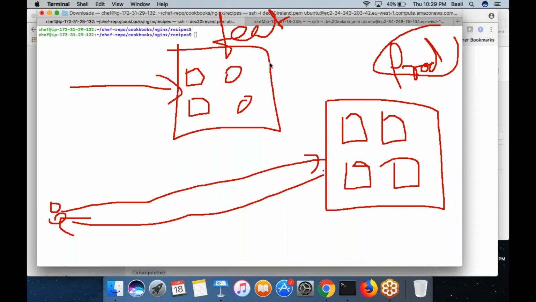So like that, there can be different environments within a company which are used for different purposes. Think about this. You have one web server machine in the testing environment, another web server machine in the production environment.